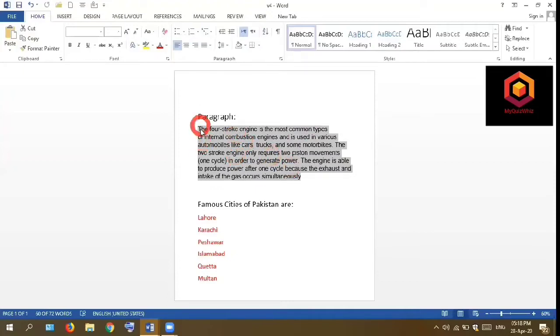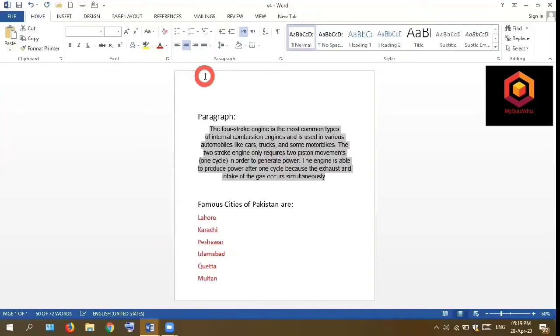Here you can see that on the left side, the text occupied this area and on the right, this space is empty. So this is called left alignment. Now the text is selected. I will go on to the next step. This is center alignment. You see that when I move the cursor at this point, it says center and Control plus E is the shortcut key. So I click on this and you can see that now the text is in the middle. You observe that on the left and right hand side, space is left and the text moves to the center. So this is called center alignment.